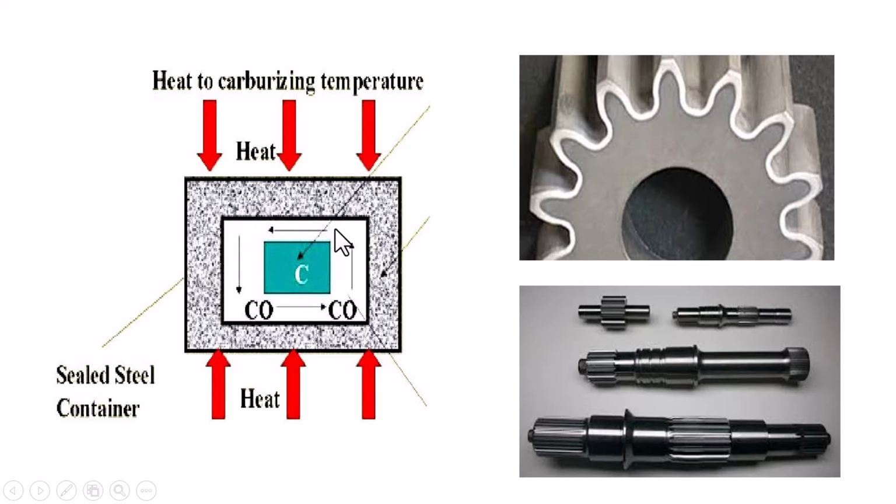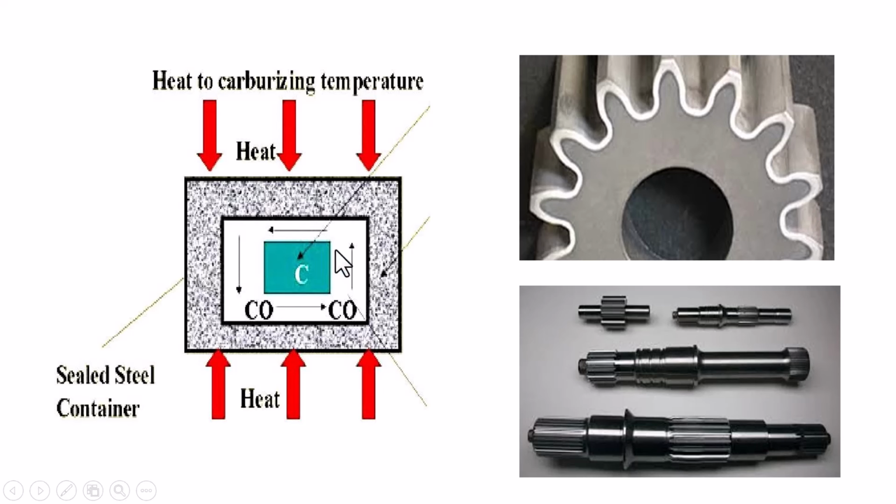Surrounding this component, we create the atmosphere for the process. For example, for nitriding, a nitrogenous atmosphere like ammonia gas or sodium cyanide is created. Here it is carbon monoxide, that is, we are adding carbon to this component. So here the carbon dissociates and enters the surface of the material